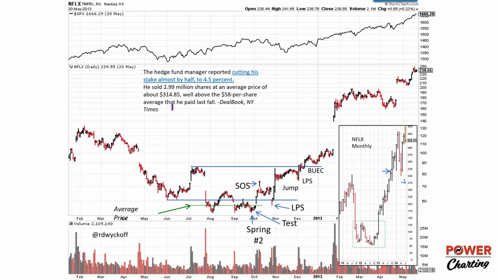At the time that he sold it above $314, the stock had jumped out of the accumulation area and gone into a big markup. Now, here's the thing. This composite operator had bought about 9% of the floating stock available, significantly reducing the available stock, absorbing a significant number of shares. The only thing that'll get a CO to sell their shares is much higher prices. And so here, bought at 58, sold at $314 right about here, and Netflix continued to climb higher.